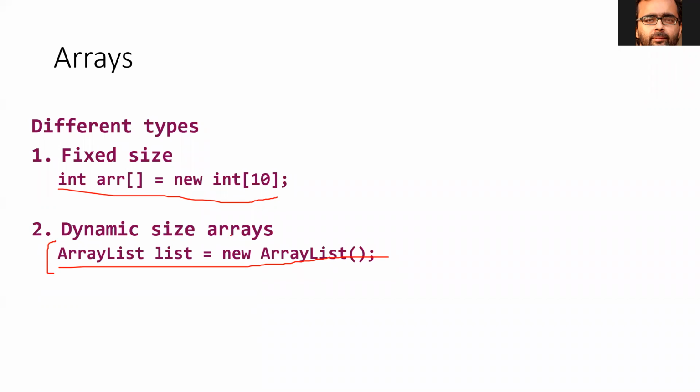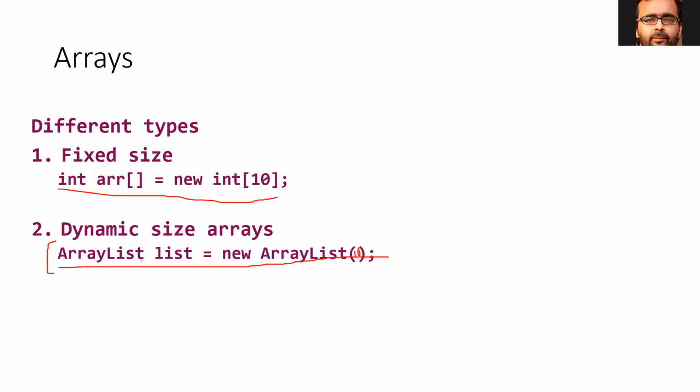So this declaration can be used by specifying 10 here. That means you initialize an array with 10 elements, and then you insert an 11th element; you don't need to bother, because this ArrayList will expand by itself and insert the element. But in the fixed size case, it will throw an ArrayIndexOutOfBounds exception, because the size is fixed and you cannot insert an extra element into it. So that is the problem with the fixed size.